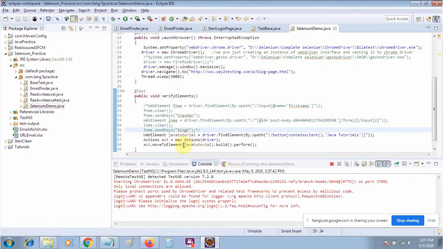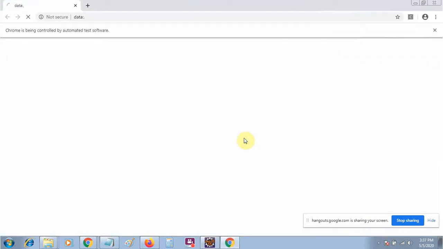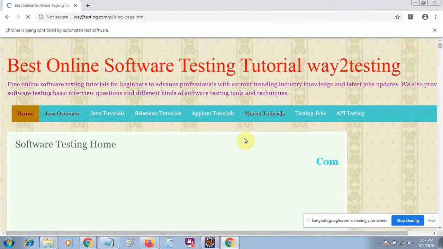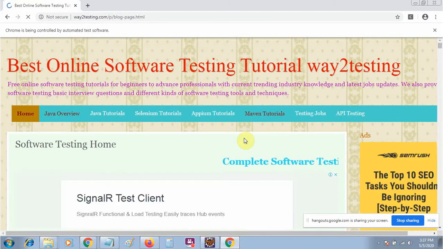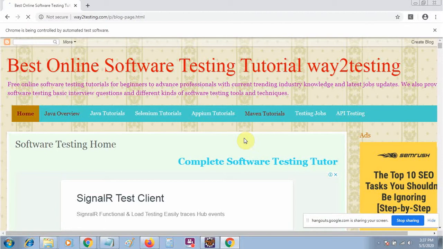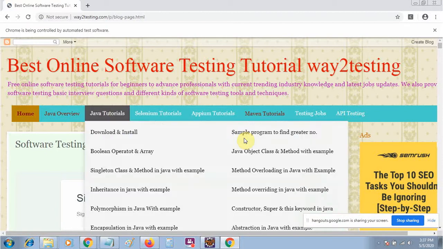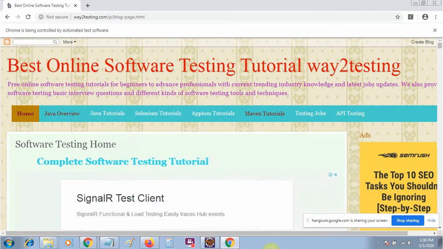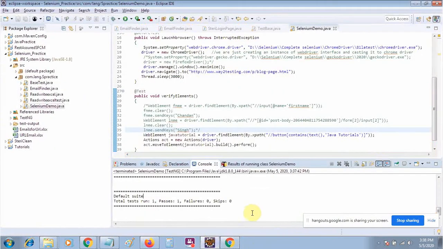Now one more thing we will learn: how to select a value from a list box or drop box. You can see it has been hovered over the Java tutorial, so it has passed.